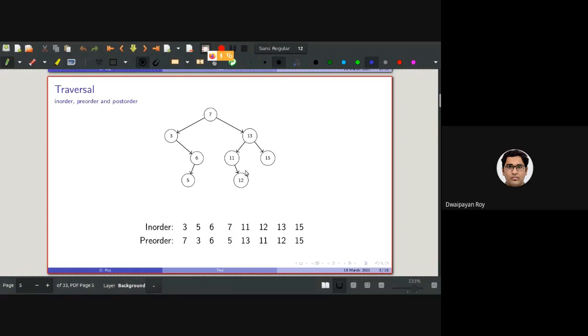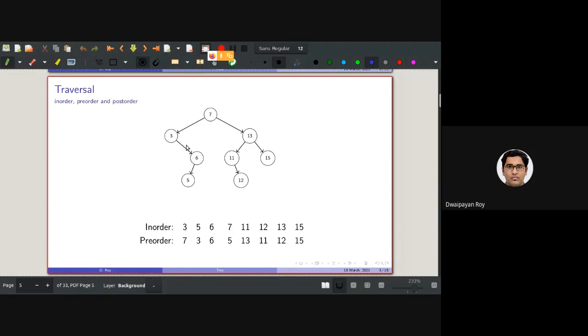The pre-order traversal was basically 7, as the information part of the root data is traversed or processed first. So it will start with 7 getting printed. So pre-order will be 7, 3, and then 6, then 5, then the right subtree, which is 13, then 11, then 12, then 15. And for the post-order traversal, first the left subtree will be traversed, then the right subtree,